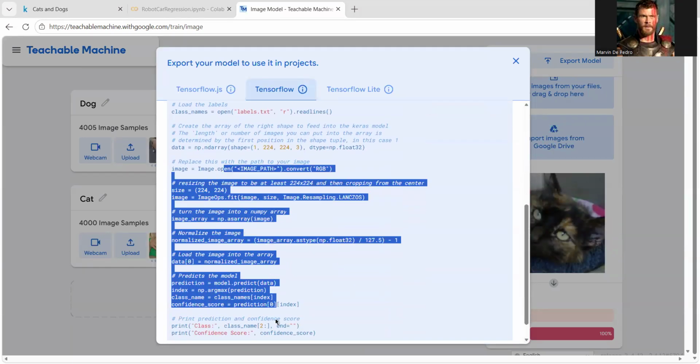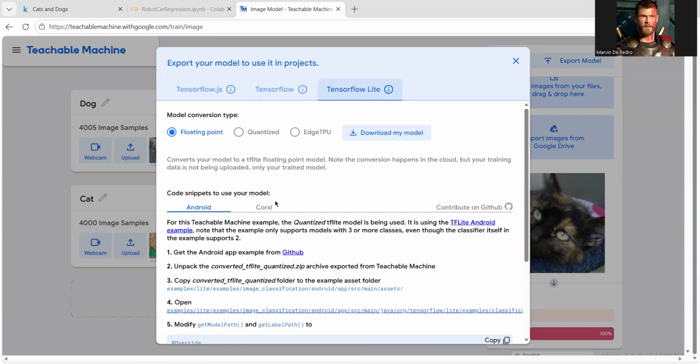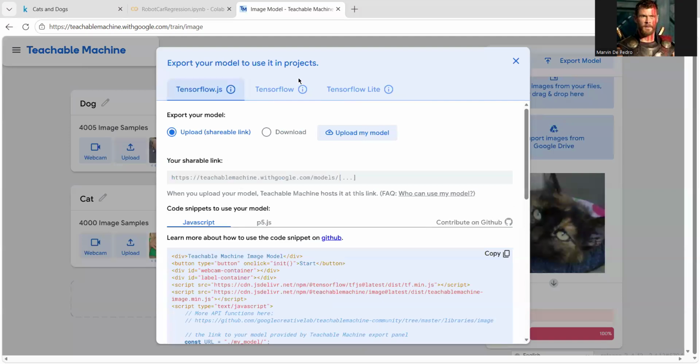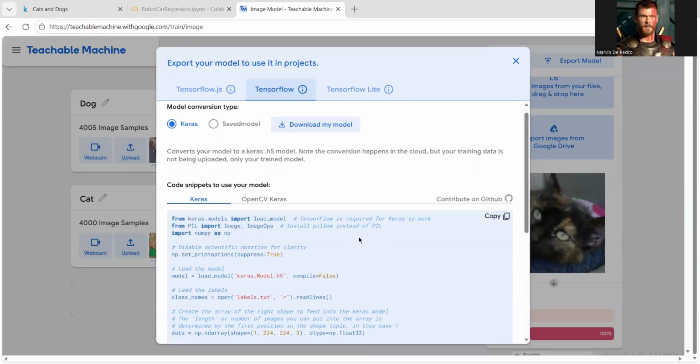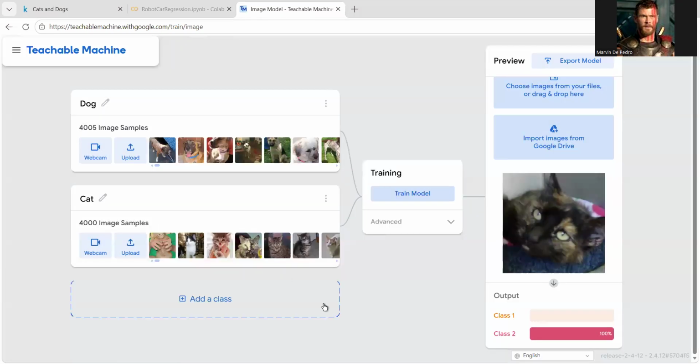Okay, so we have this Python code that uses these libraries. Or if you are using TensorFlow Lite, especially for smaller embedded systems projects, then you can have this option. So just download and then you're good to go. We're going to explore the latter part on our fourth and last session. So we're going to see how these models are being implemented on an actual robotic system.